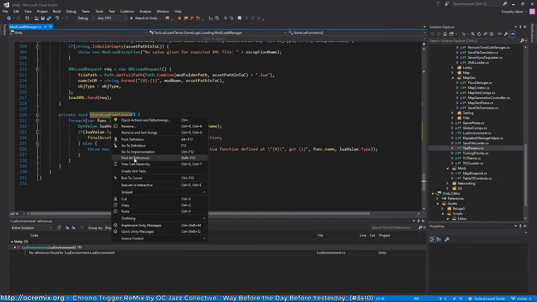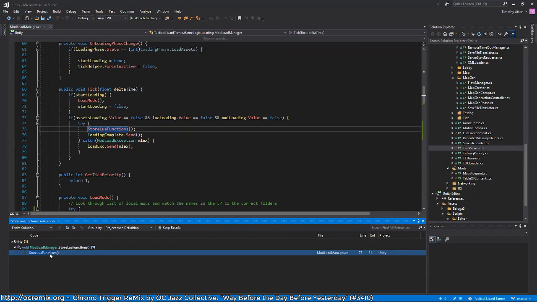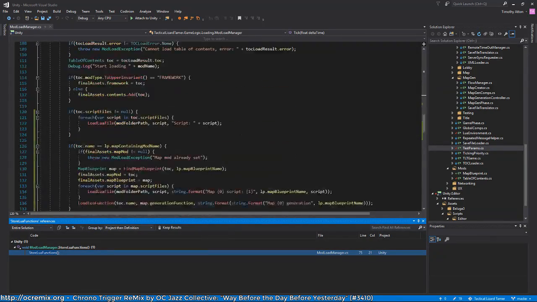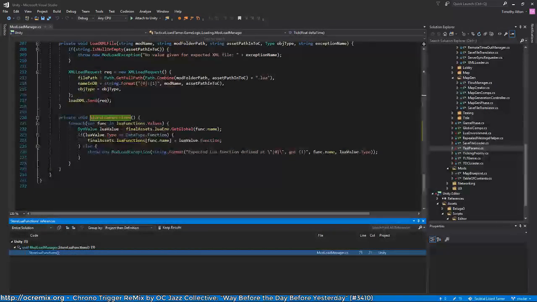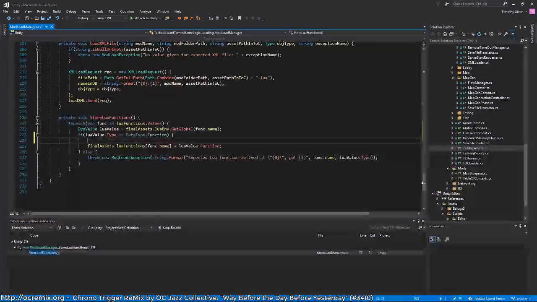What do I call this? Okay, I do call it when everything's done. Okay, so let's debug log storing Lua function